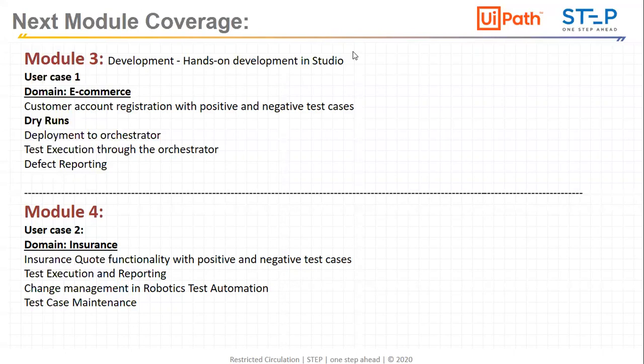And in module 4 we will be closing the test automation sessions, these 4 modules. And then we will be seeing change management, an actual example of change management. We will make some changes, and see how easy it is to accommodate them in robotic test automation, and how it is less time consuming. We will see all these examples practically, how test case maintenance can be done. So these 2 modules are next Saturday and the Saturday after that. So that's it for today's session.